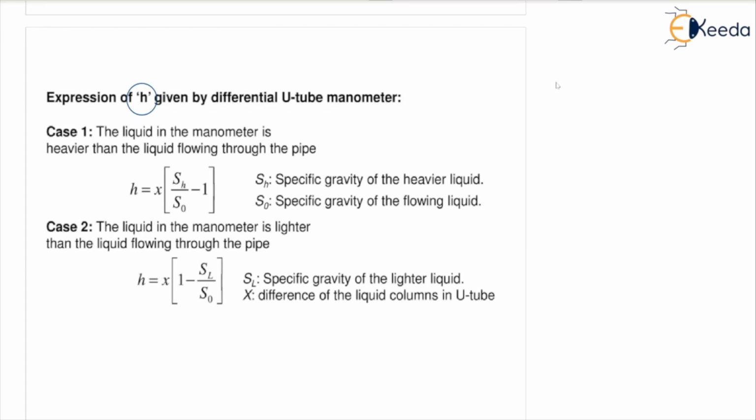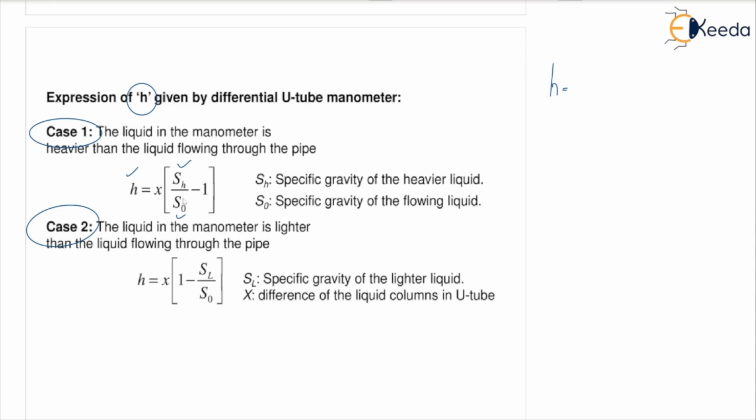In the discharge equation for venturimeter, we have seen H, right? Head difference. How to find the head difference? There are two cases, case 1 and case 2. In case 1, the liquid in the manometer is heavier than the liquid flowing through the pipe. That means the liquid present in the manometer is heavy compared to the liquid flowing through the pipe. Then H can be found using this formula, H equal to X into SH by S naught